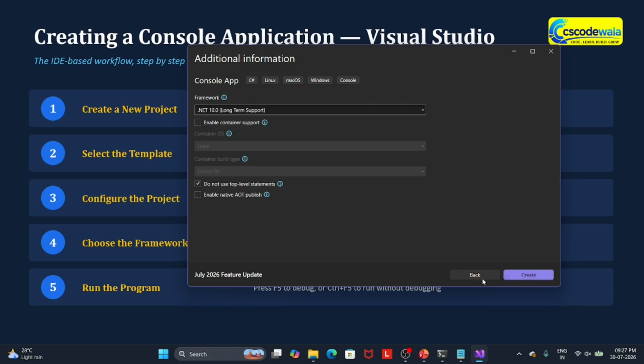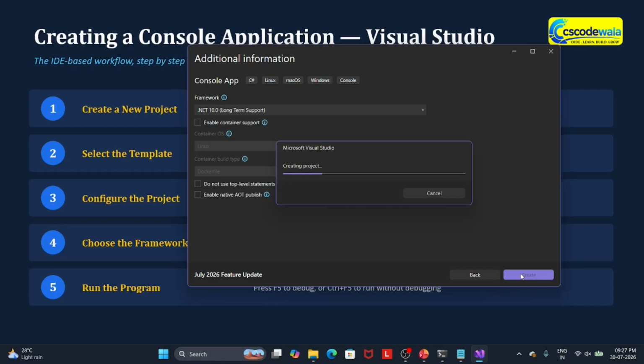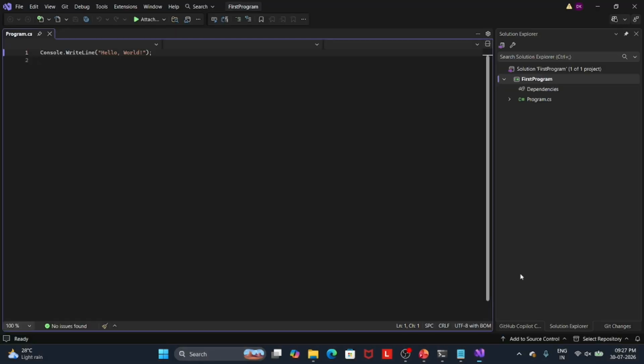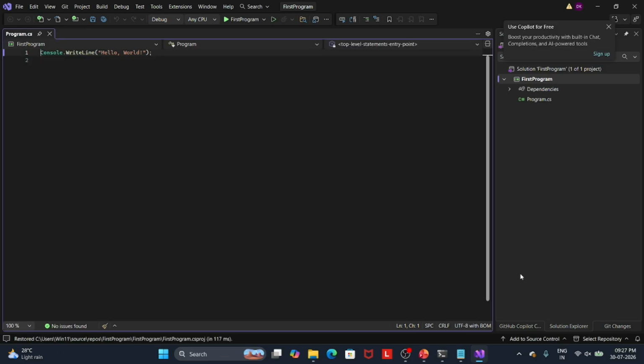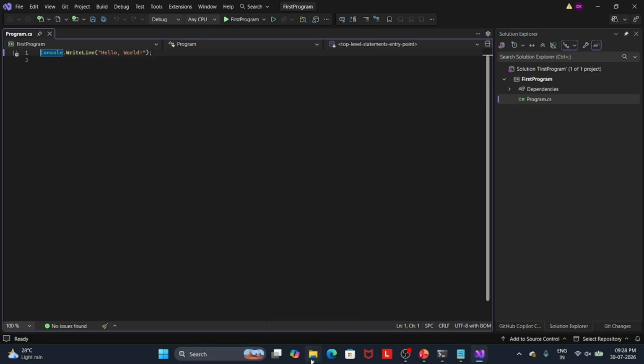which framework do we use here? I use framework number 10, okay, and .NET uses top level statements, okay, and then create. Later on we will discuss what top level is and what it is without top level. So again, here a Program.cs file is created, and the first program is my project name, and in your console